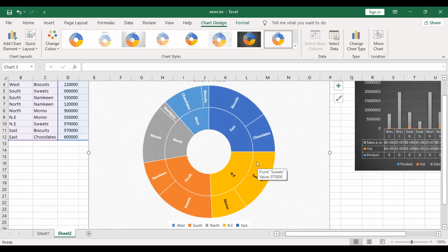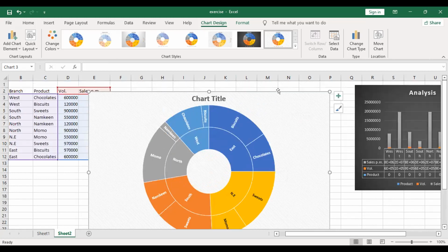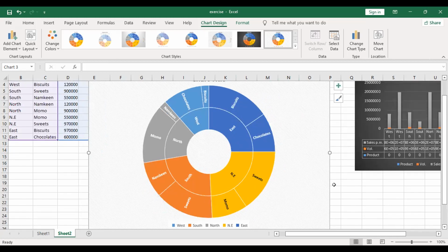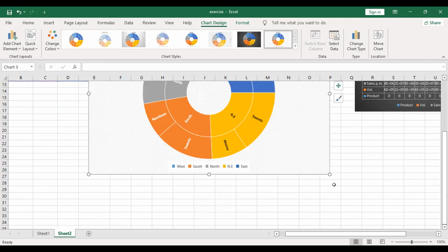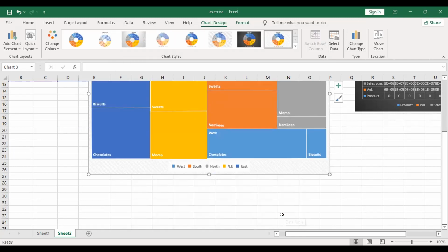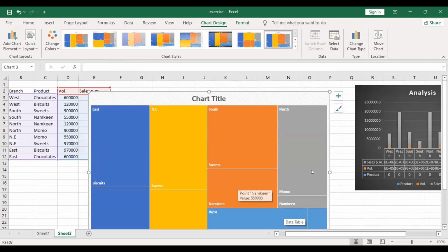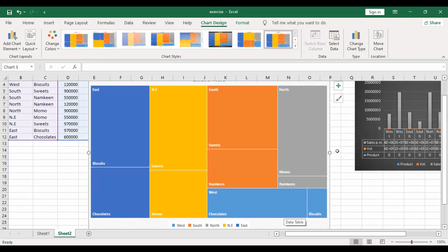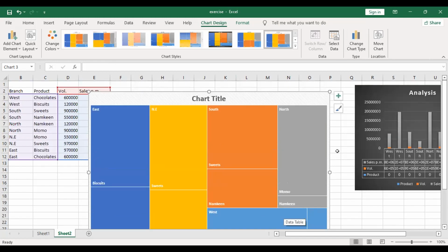So this is called a sunburst. This is used in the industry, to show two variables simultaneously. And go to change chart type. There is something called a tree map just above sunburst. Say okay. This also is supposed to show you something similar, where it is showing you by color, east, breakup